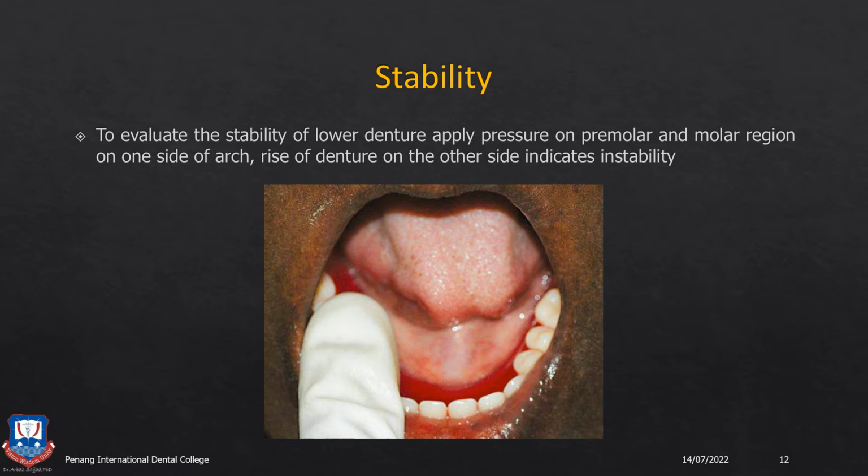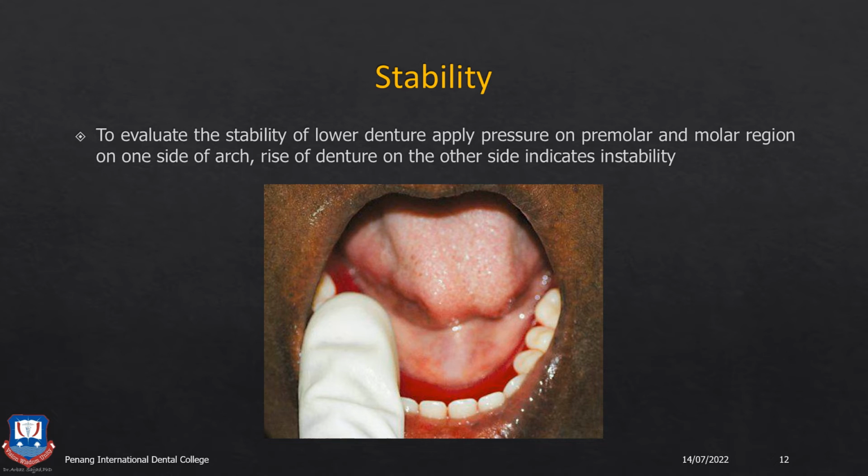Next, you come to the stability. To evaluate the stability of the lower denture, you place your fingers on both sides, on the posterior teeth, and try to tip the denture. That is, you press with one finger, lift it, then press with the other finger, and you check whether the denture rocks, lifts or tips. So this could indicate again either a poor record base, or a distorted base plate, or a loosely fitting record base, or it could also be that the posterior teeth are arranged buccal to the ridge, resulting in the instability of the denture. So then you have to arrange the teeth properly on the crest of the ridge.